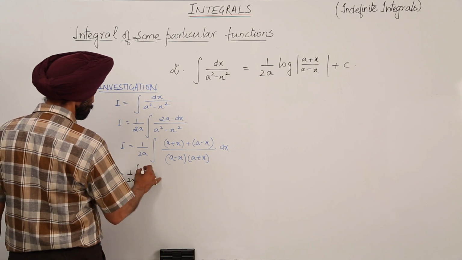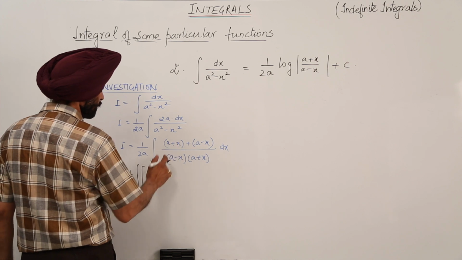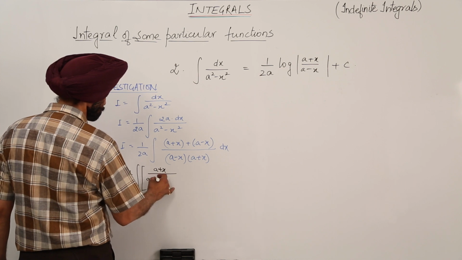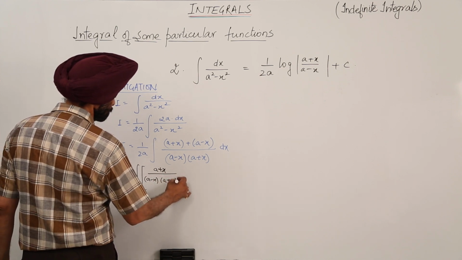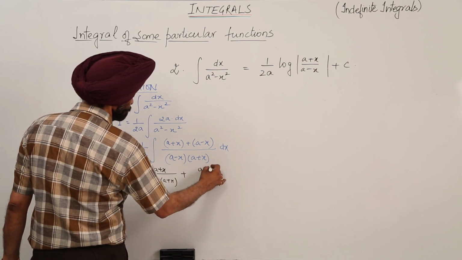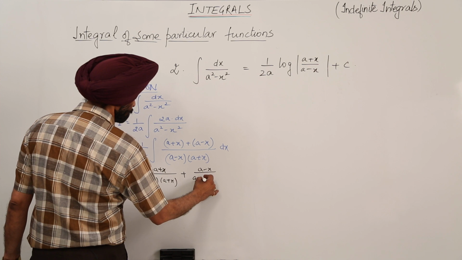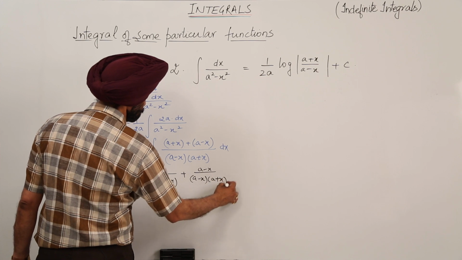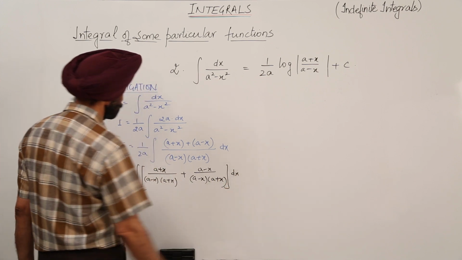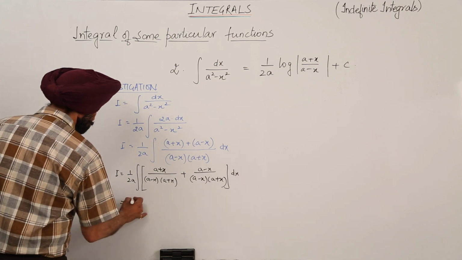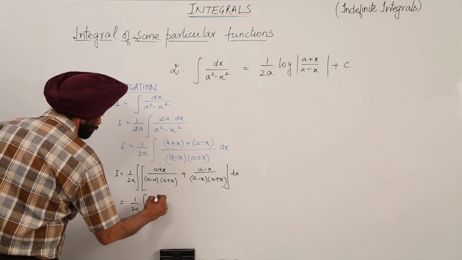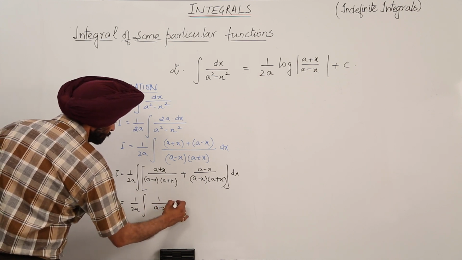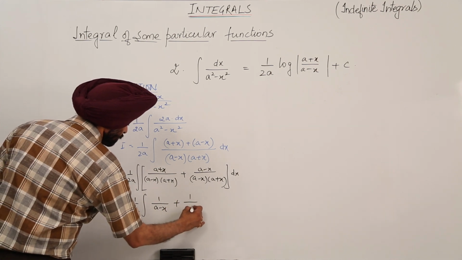Now, we are getting 1 upon 2a integration of, now a plus x upon a minus x, a plus x plus a minus x upon a minus x, a plus x dx. Okay. So, this becomes 1 upon 2a integration of 1 upon a minus x plus 1 upon a plus x